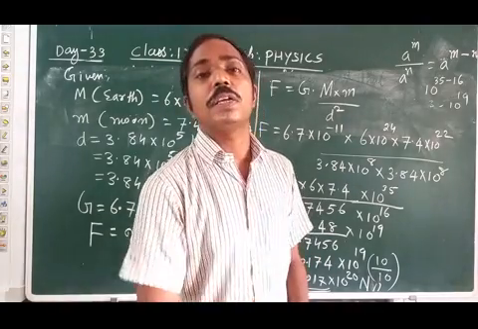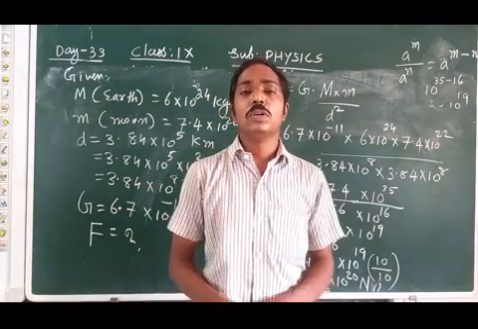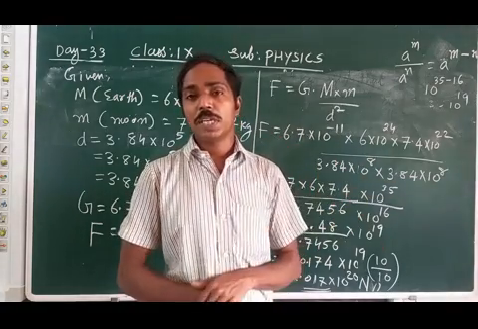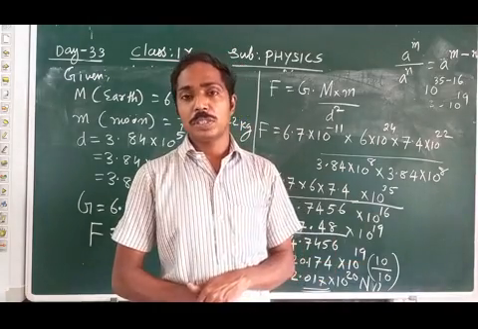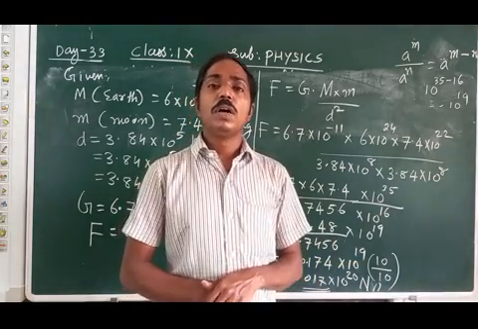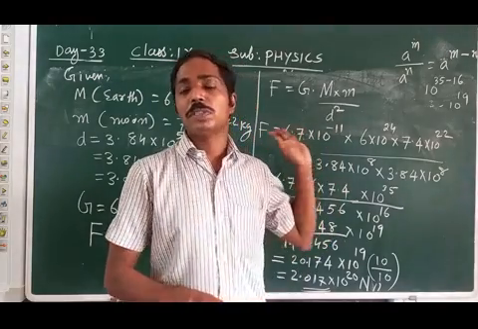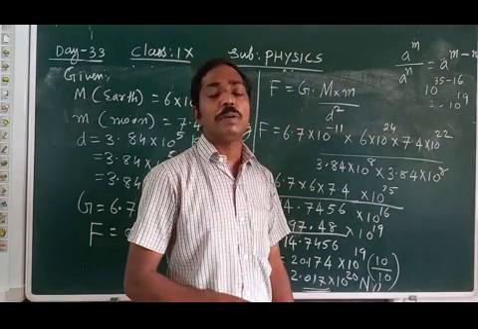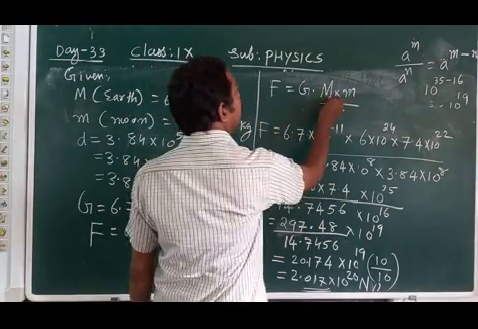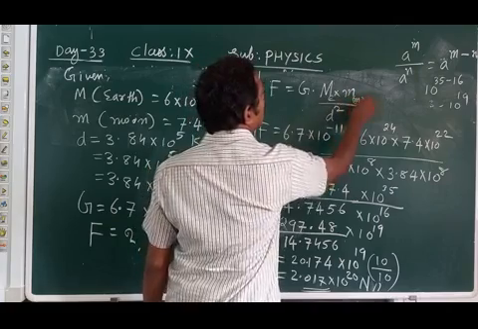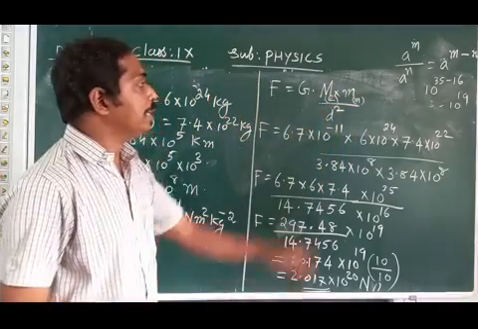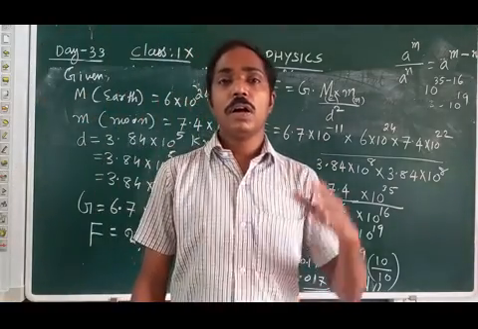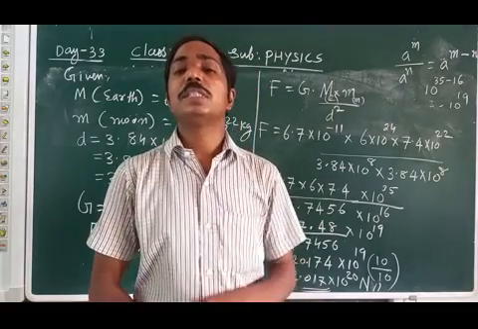One more similar question you can see in the textbook, and I will send it through notes. So only one problem I explained. One additional problem you can do as homework. Also, I will send notes through WhatsApp. So, dear children, the two problems mentioned in your textbook have a similar equation you have to learn. F equal to G m m by d square. This is about the earth, this is about the moon, then the distance between the earth and the moon. So this is the way we can simplify. These problems you have to write and study.